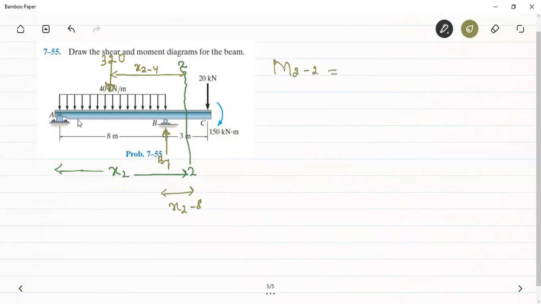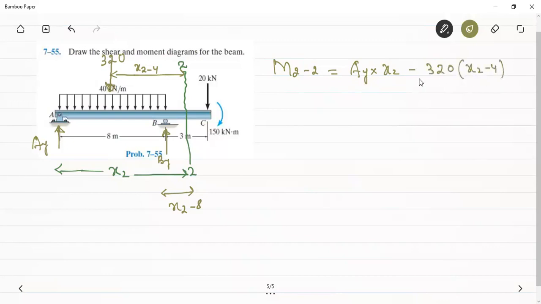From the left hand side of the section, the reaction AY will create a positive bending moment because it will be clockwise. Therefore, AY into x2. This 320 will create a negative bending moment because from the left hand side of the section, the bending moment will be anti-clockwise. About this section, the bending moment created by this 320 will be in the anti-clockwise direction. Therefore, 320 into